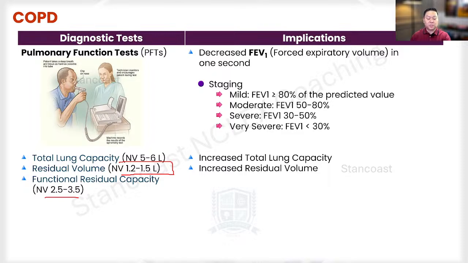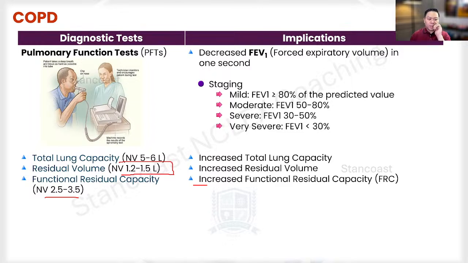However, if you have a patient with COPD, the value will be greater than that. It simply means that there is going to be a significant amount of air left inside the alveoli. It kind of sounds repetitive, right? But there is a difference here because of the way we ask our patient, whether they just exhale normally or we ask them to exhale forcefully. These are just the minor variations between these tests, so I hope you're able to capture these.